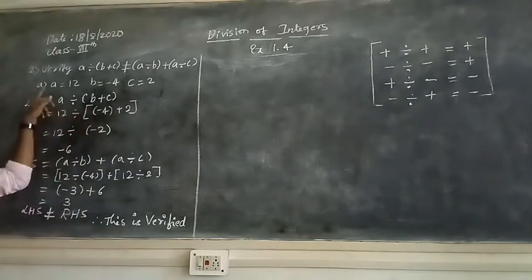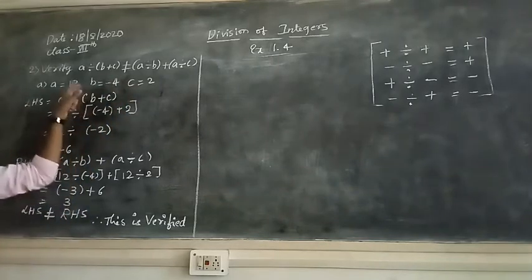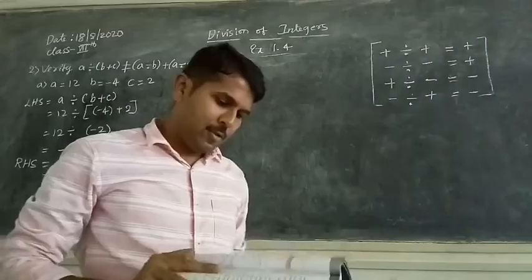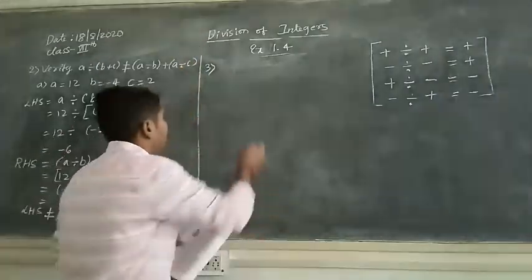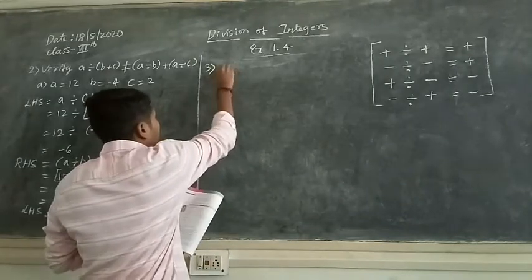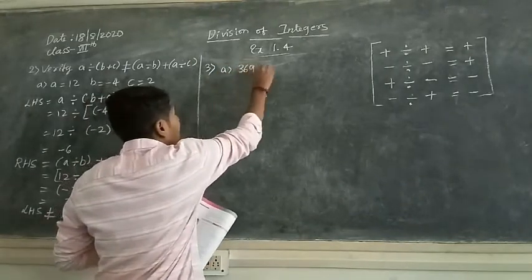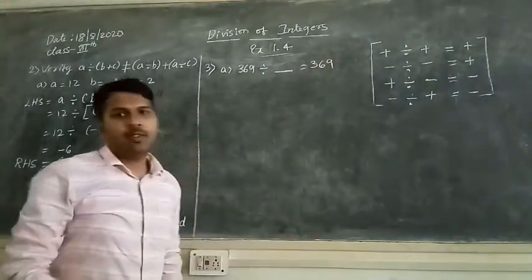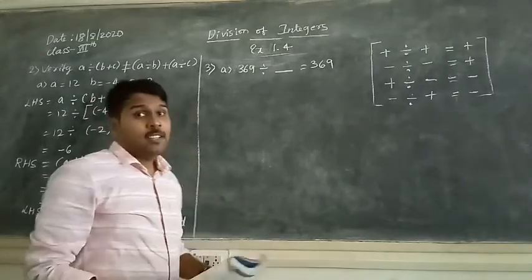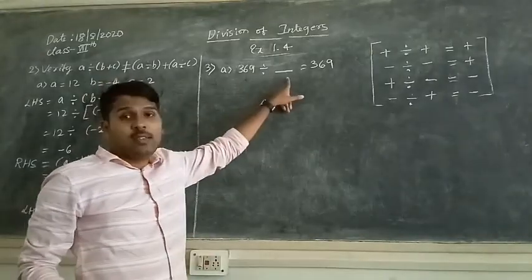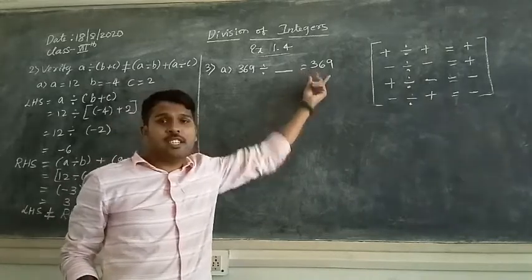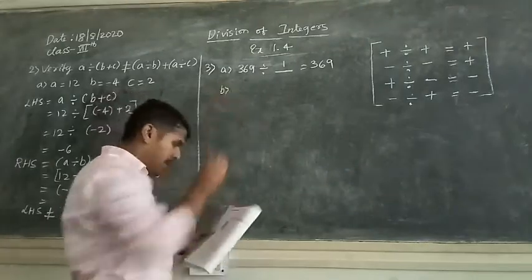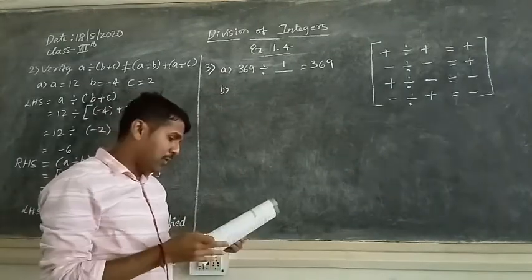Okay. And the second sub question is there. Try it yourself. Here two questions are there. I have taken only one question. Try the second one. So fill in the blanks are there. In that, first one: 369 divided by blank equals 369. So now only I explain this one. Dividing any integer by which number equals that same integer? 1, no? So answer is 1. So next, I will explain only a few of the problems.